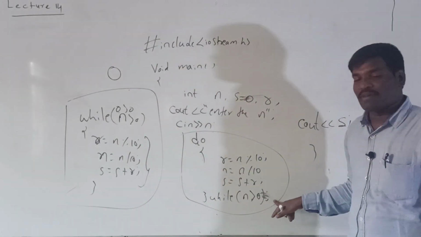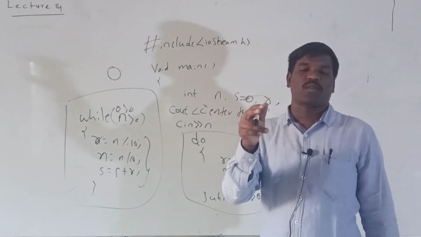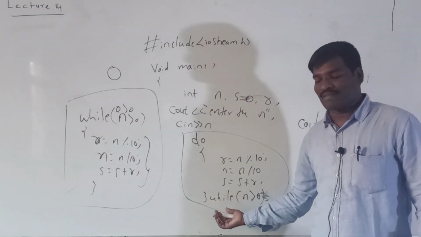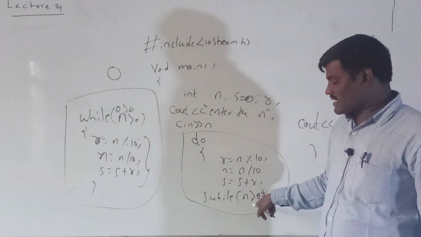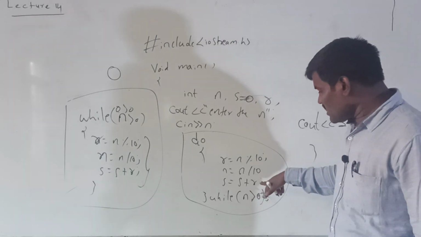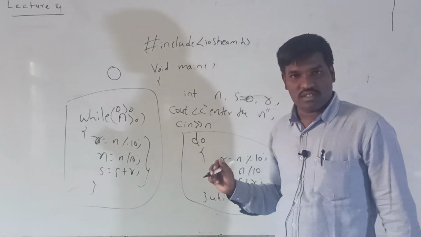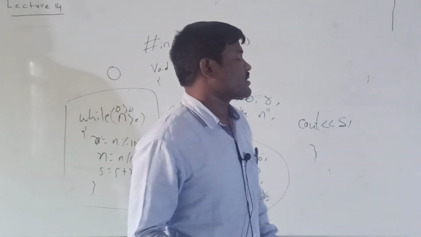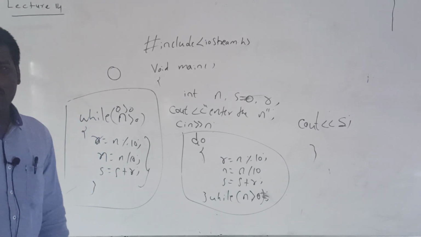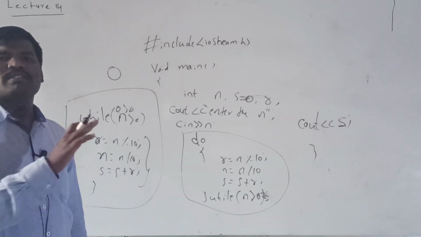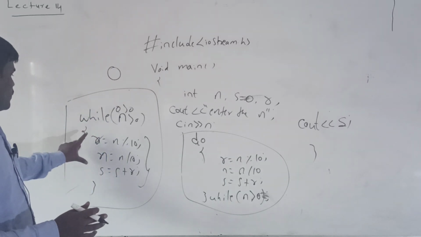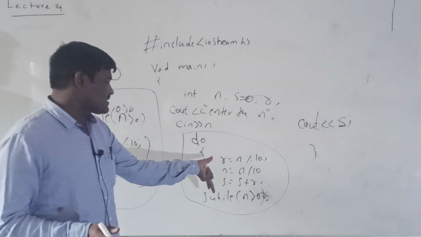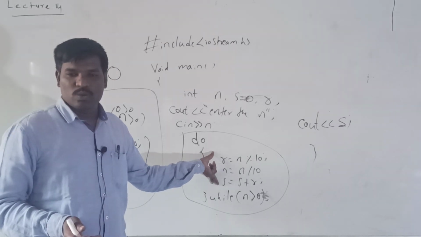But here, in do while, it is compulsory to use the semicolon for terminating the statement, because at the end we have to write the condition, meaning after checking this condition, it will re-execute. So this is the difference between while and do while. Almost all examples are the same, the only change is whatever statements are written inside the brackets can be placed here, in do.